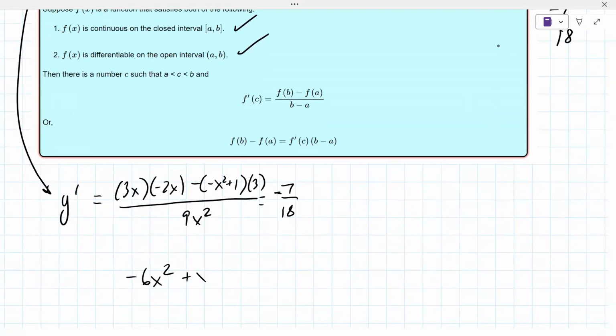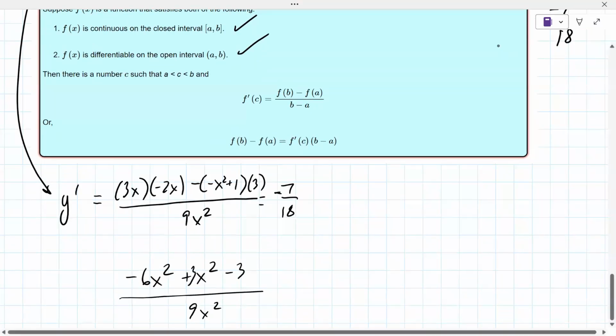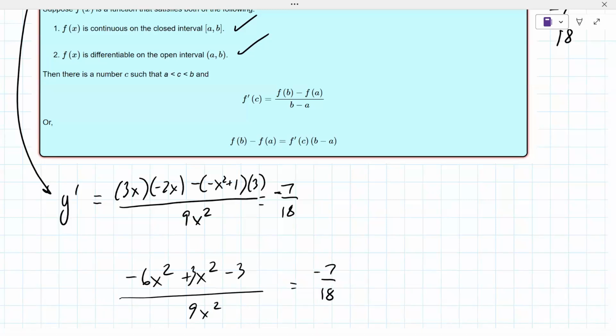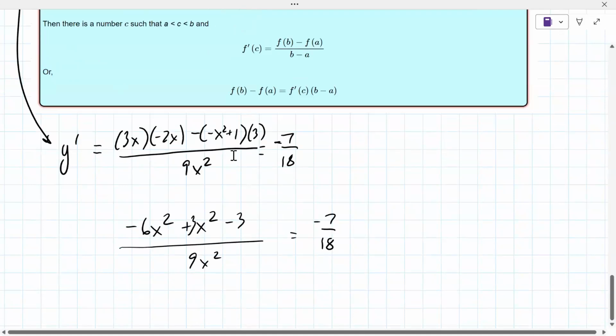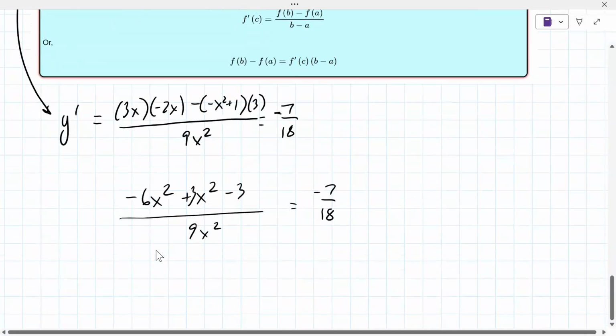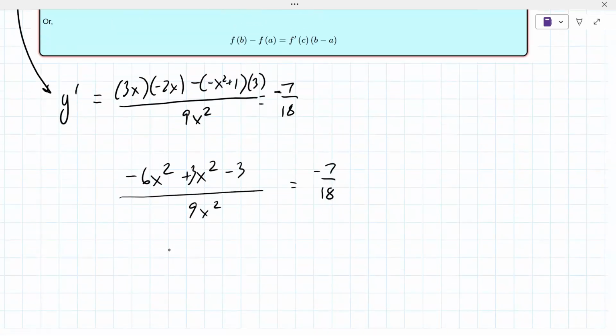So negative 6x squared minus or plus 3x squared plus 3 over 9x squared minus 3. Just double check that. Oh, yeah. And then